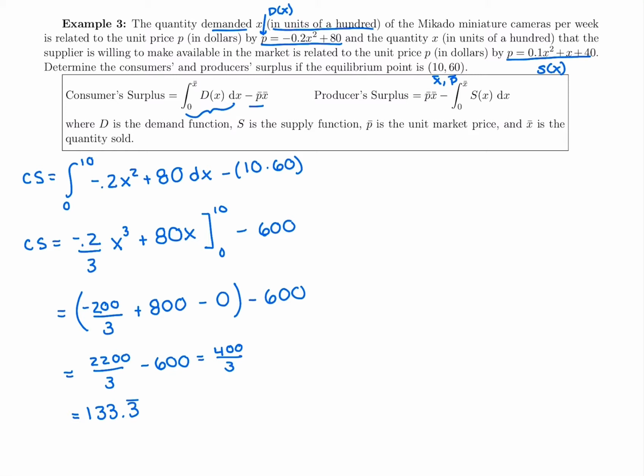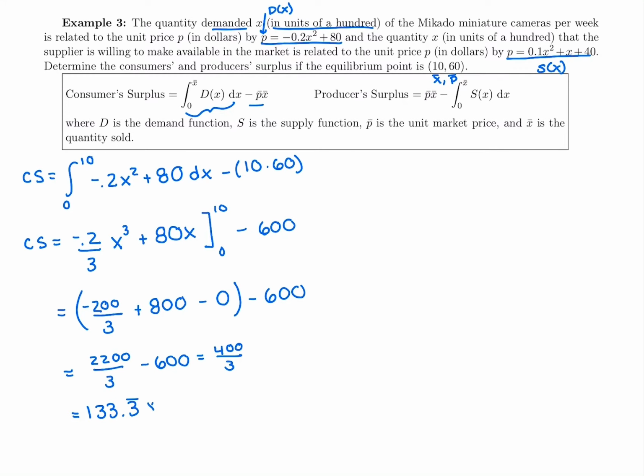Either way, I'm not going to round it until the final answer, which is going to be multiplying by 100 in this case. These are units of 100. That way we can see, if we round to the nearest dollar, it is really 133.3 repeating times 100 gives us about